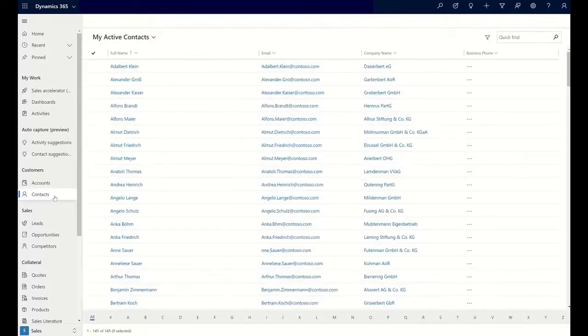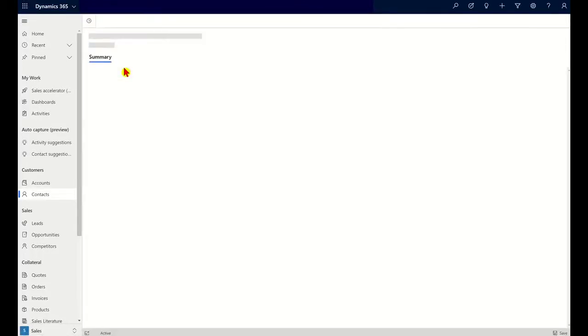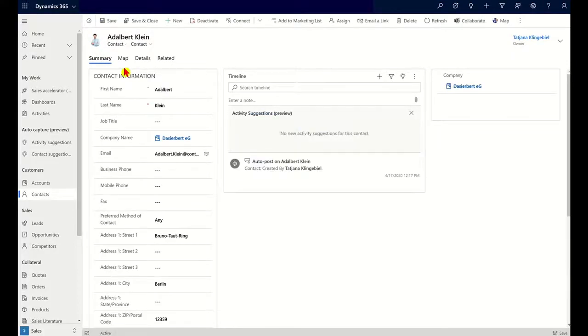Let's switch to contacts. Contacts are also an entity within Dynamics 365, and if I open a contact, I also see the different types of fields I have within that entity, and I can also switch the forms. So it's not only one form for contacts, it can be multiple forms. For every use case, a support guy needs another form than the salesperson. He needs other information than the salesperson. He needs to have the cases, he needs to have, I don't know, for a contact person, for which machine is he